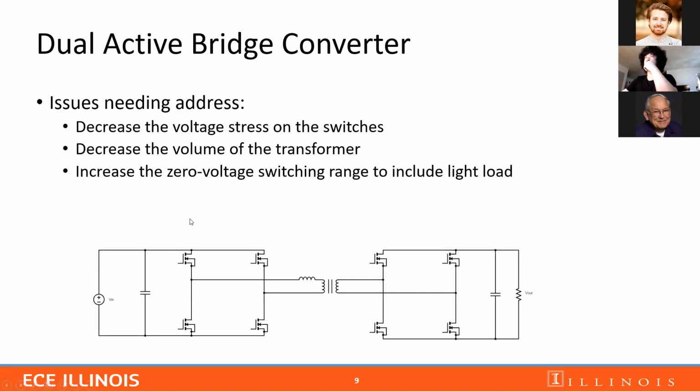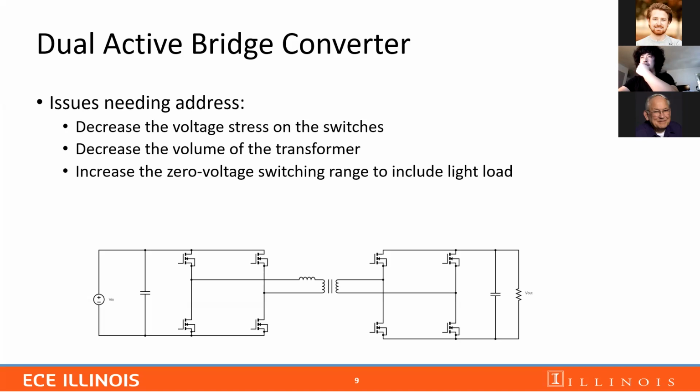Despite the benefits of the DAB converter, there are several issues associated with this kind of converter. They need to be addressed if it is to be used in our application. Firstly, in our application, the input voltage is very high, which is around 400 volt. Since in a DAB converter, the voltage stress across each switch on the primary side is equal to the magnitude of the input voltage,